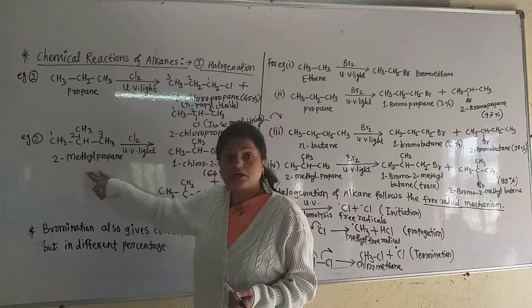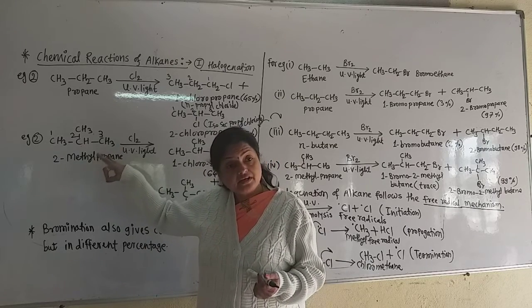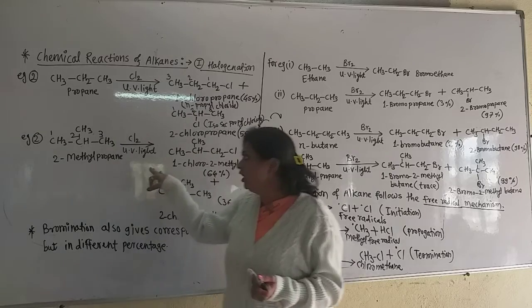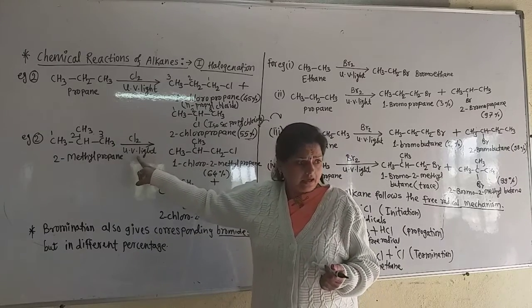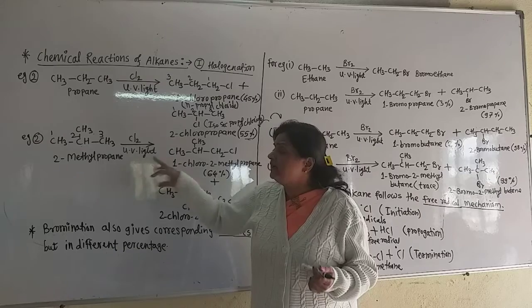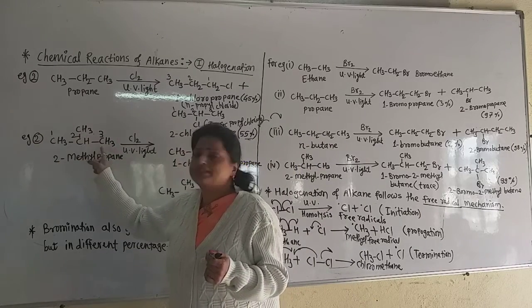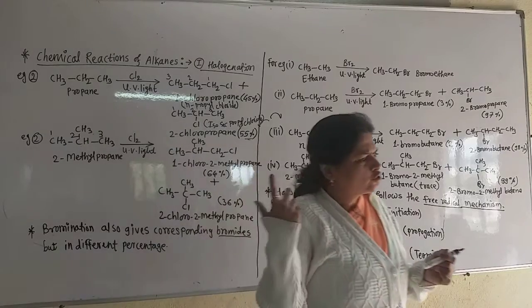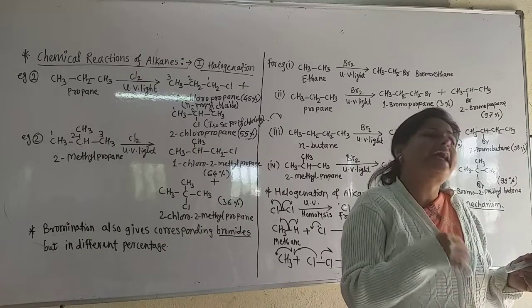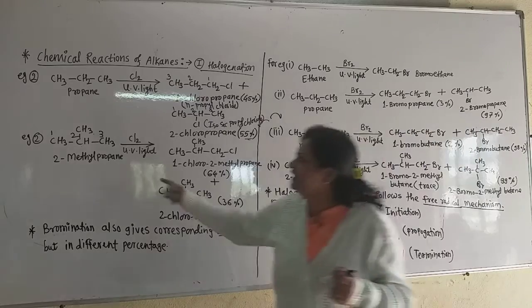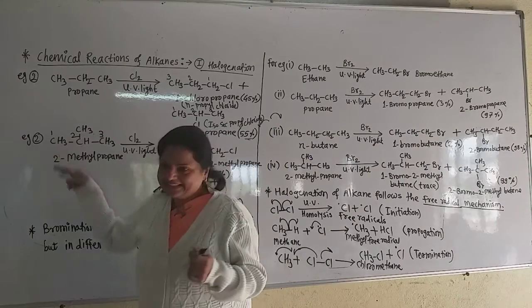The name of the compound is very correct, and then you obtain the marks. Now in the chlorination, that is chlorine, ultraviolet light. Now see here these 3 methyl groups are similar. So if any hydrogen of any methyl group is replaced, the same compound will be formed because all these 3 methyl groups are similar.